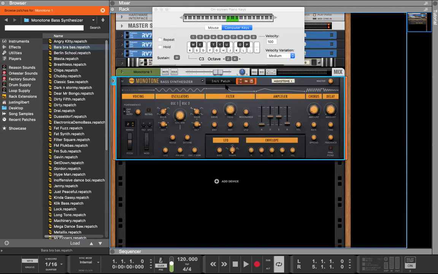It says init patch, and a lot of times you'll see synthesizers use the term init. It means initial, short for initial patch. So it's essentially the first basic patch. Before we actually work with this, I'm going to modify it a little bit so that it actually sounds like an initial patch. I think I've got everything that I wanted to change. I'm probably forgetting something, but